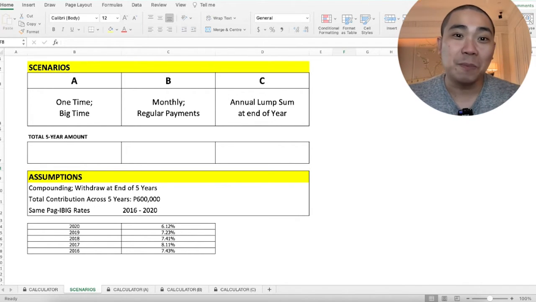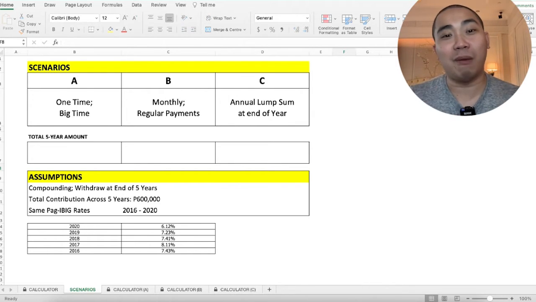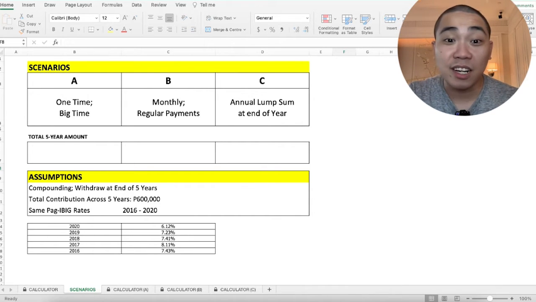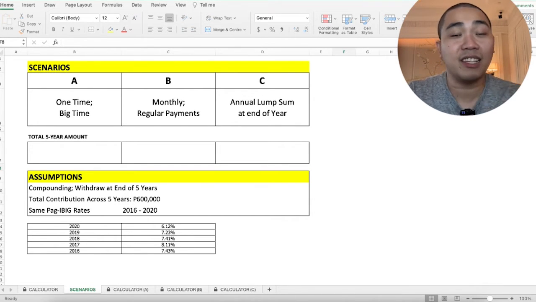Now, obviously, if you just started or kung nag-start ka less than 5 years ago, then your total MP2 fund hindi pa kompleto. So, you will have to wait for dividends na ma-declare the following year. Typically, around mga April to May timing nila sinasabi yung dividends for the previous year. Right? So, here, what we can do is we can check these 3 scenarios.